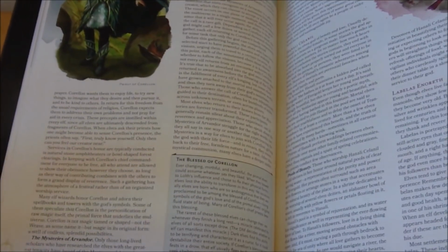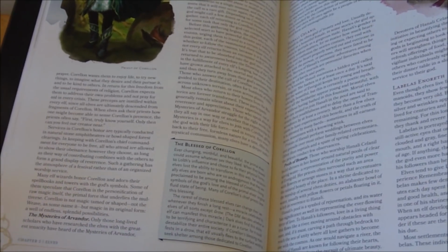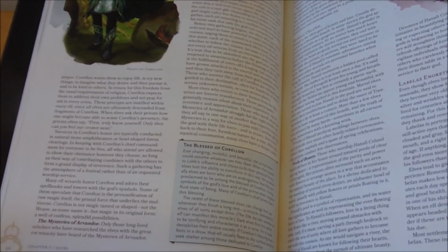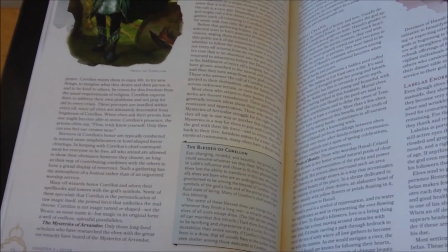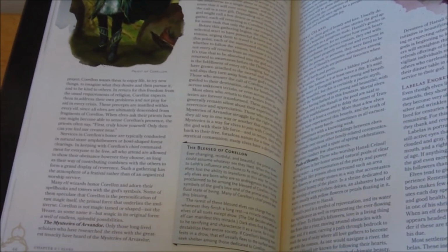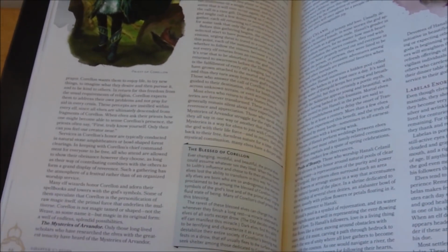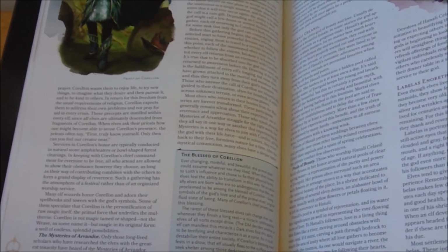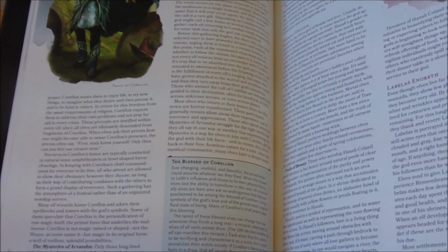And so I was curious as to how that was actually going to be implemented. If it was going to be a particular type of elf that could do it, like there are some creatures in nature that can actually change their gender, but it's in response to an imbalance in the genders in their environment. So there are certain types of fish, I believe, that can change from male to female. If there's a shortage of females, then some of the males will convert to female and then back. And I thought that would have been an interesting concept if they did that. But this is just a blessing by Corellon himself,